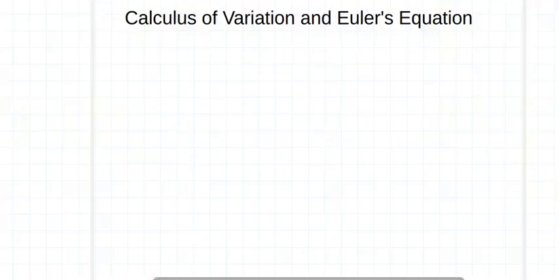So today I will talk about calculus of variation, and using the idea of calculus of variation, I will derive Euler's equation. And Euler's equation is equivalent to Lagrange's equation of motion. Means its mathematical structure is identical, right? So in general,